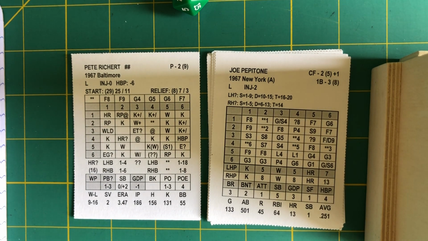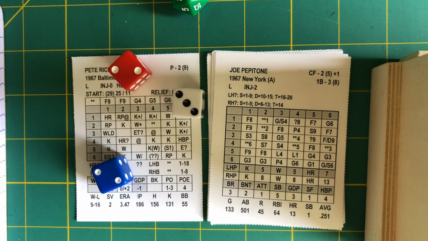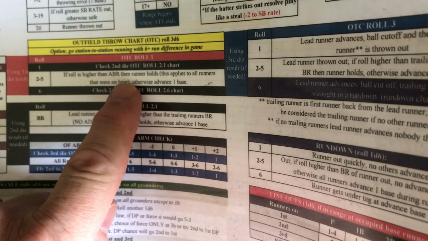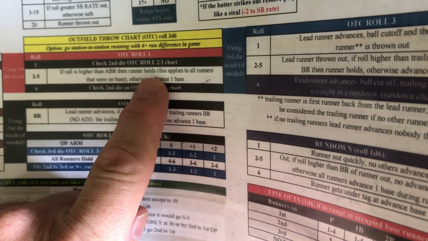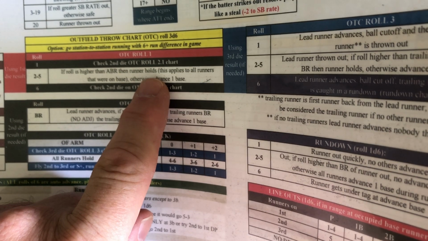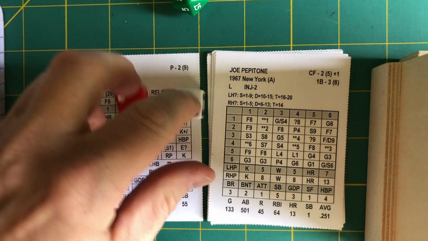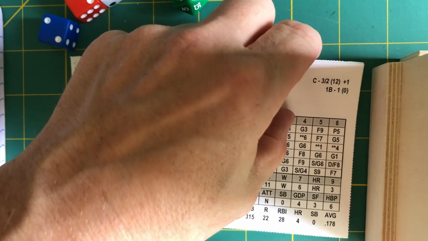So we're going to roll all 3 dice. We read them in red, white, and blue order. We may not need them all. The 2 here tells us that if the roll is higher than the ABR, adjusted base running, then the runner holds. Well, it's a 2. That's less than 5, so Mickey's going to score from second. It's 1-0